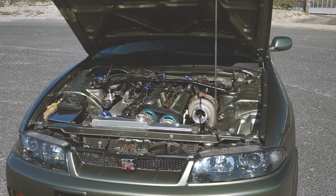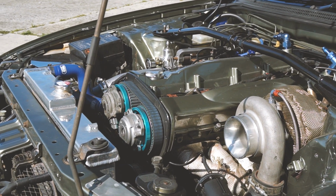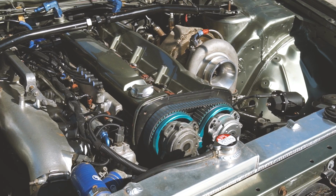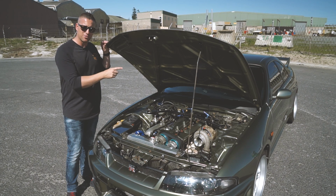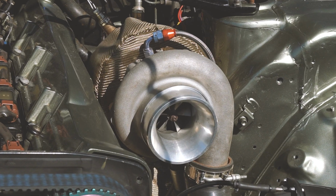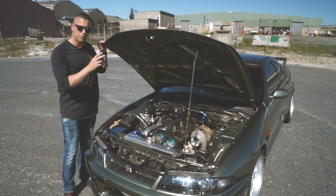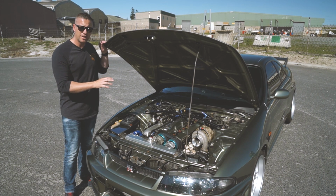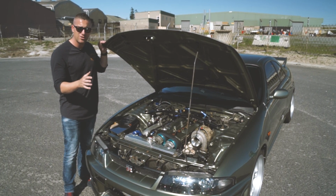So this is where all the magic happens on this GTR. Under the hood, everything has been upgraded. The front mount cooler has been changed, the radiator's been changed, it's got a custom air intake, custom adjustable cam gears, and then obviously the biggest one you can see is the change to the single turbocharger from the dual turbocharger that it had from the factory. It's got an adjustable fuel pressure regulator, uprated fuel pump, standalone management system. All of this together, taking it from the standard 300 horsepower that it came with from the factory to a